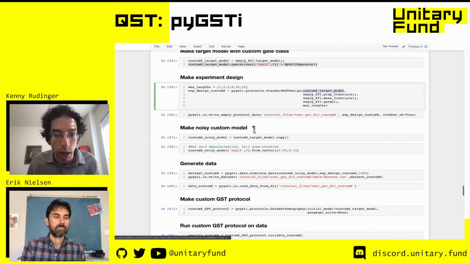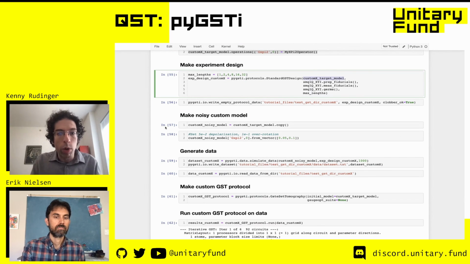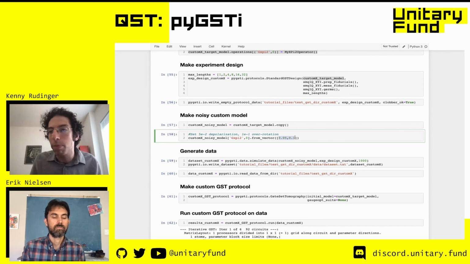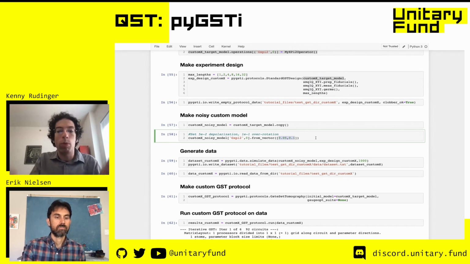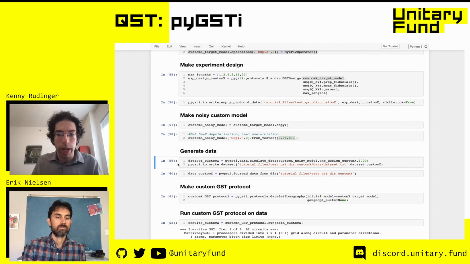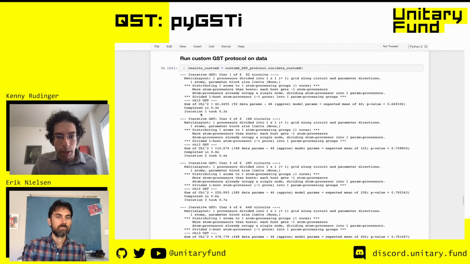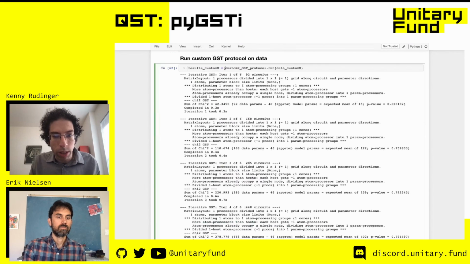We can make a custom noise model, and we're going to put in non-zero noise on the X gate. We're going to call the from_vector method and pass in a vector of 0.05 depolarization and 0.1 over-rotation. We'll make some data. We will make a GST protocol just as we have in the past. And then we're going to run GST on it. Okay. And we scroll down, and once that's all done,